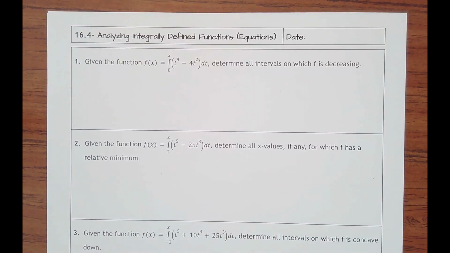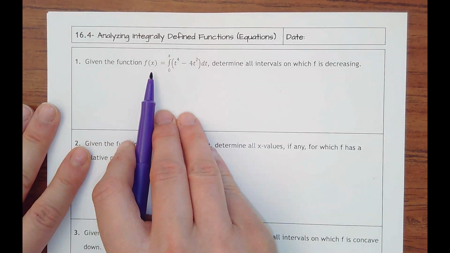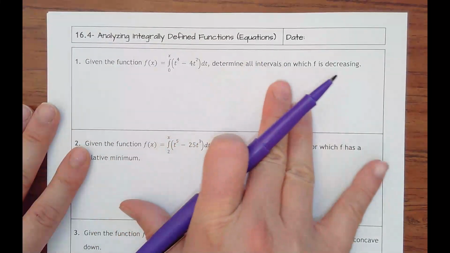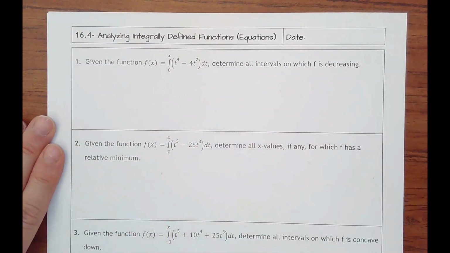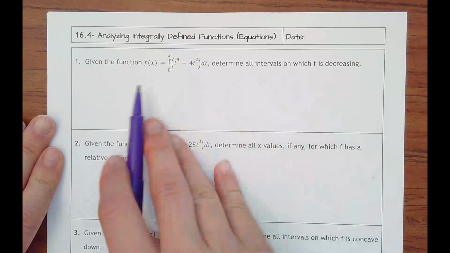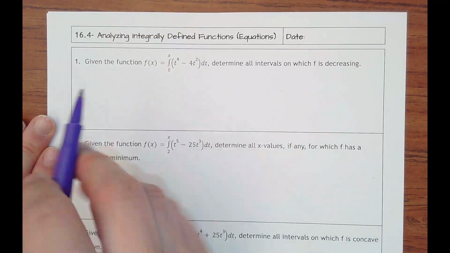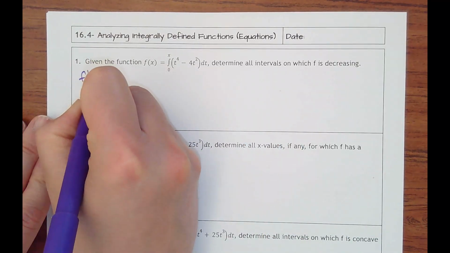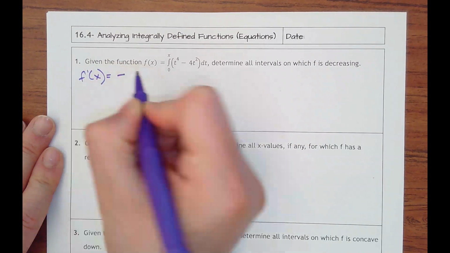Lesson 16.4, analyzing integrally defined functions with equations, which I actually almost think is easier than the graphs. It says, given the function f of x, determine intervals on which f is decreasing. I think it's easier because you don't have to worry about f and g, and they've already got it written for you. So thinking about where this function would be decreasing means that its slopes have to be negative values